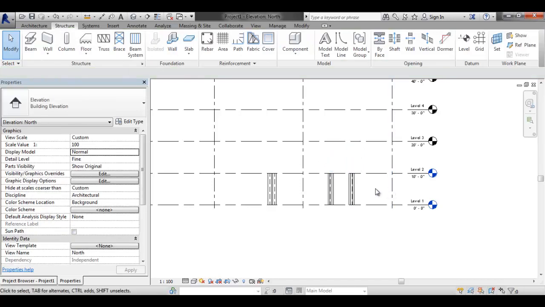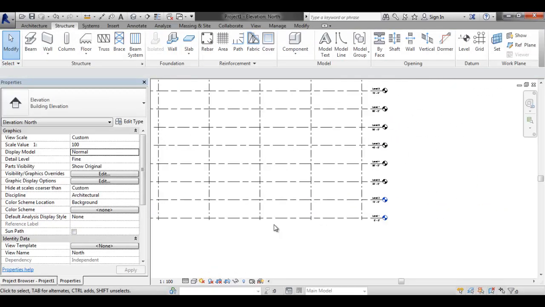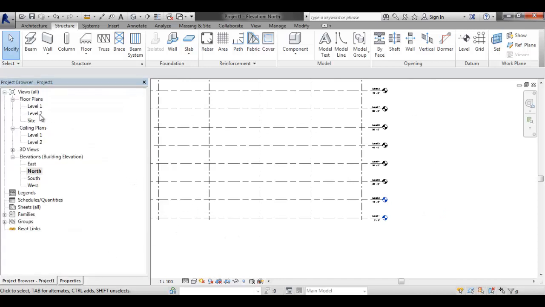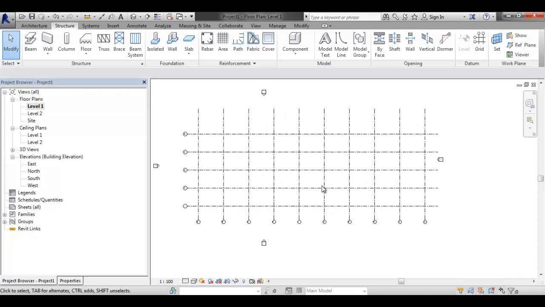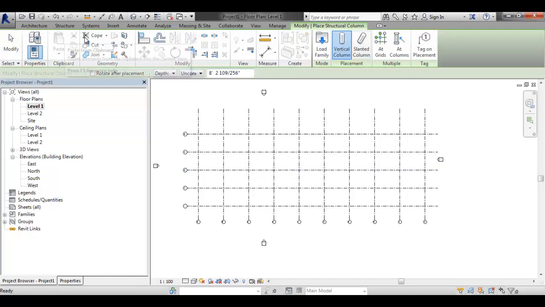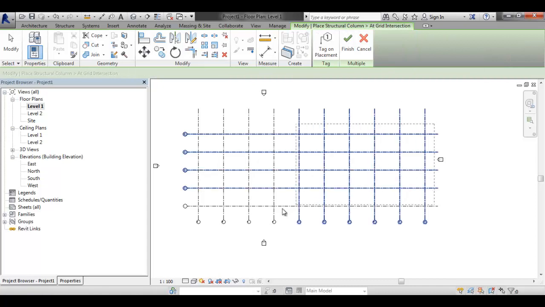All right, so that's just placing a column arbitrarily. Now, some other things that I can do, since we laid out this beautiful grid, the land of Mies and grids, right, is I want to place columns at every one of my grid intersections, because that's the purpose of the grid, right? So I'll go back to my column command, and then I have this At Grids button. And I'm just going to select all my grids,